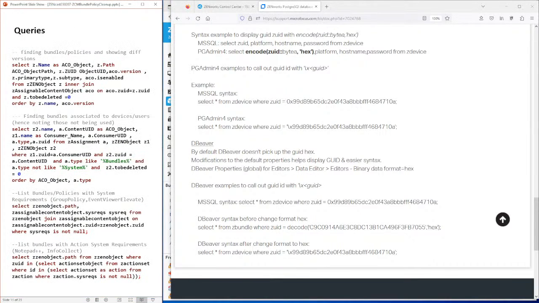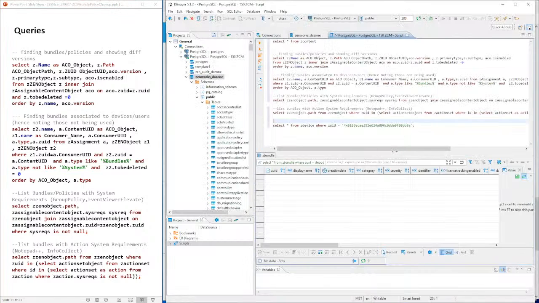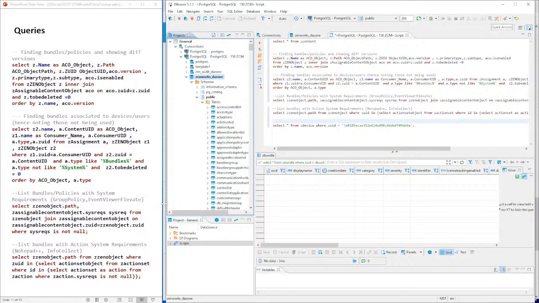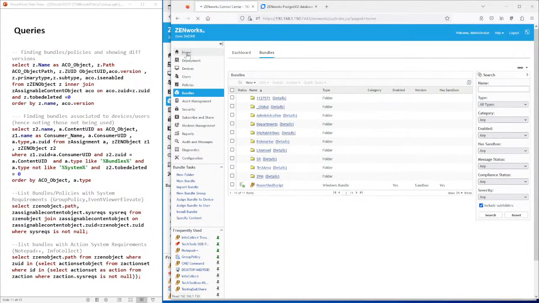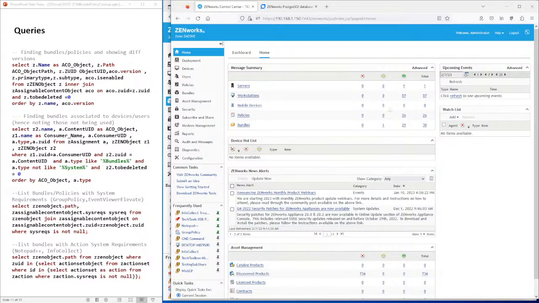Let's go back. We're going to run these queries, and let's go ahead and do that. Let's go out. I got dbeaver running right here. I'm attached to my ZenWorks database zone, digital airline zone, right? Now, one thing, let's preface this a little bit. Let me go back into my zone. We're in DA zone, and you can see we have bundles and policies. Let's go to home. You can see we have a few for test purposes, right? We don't know which ones have